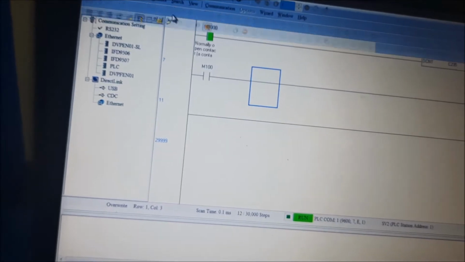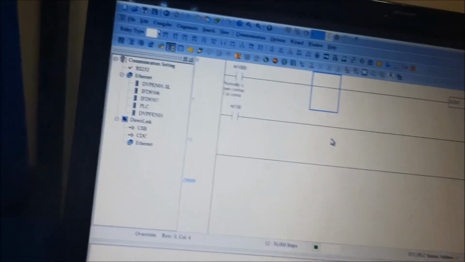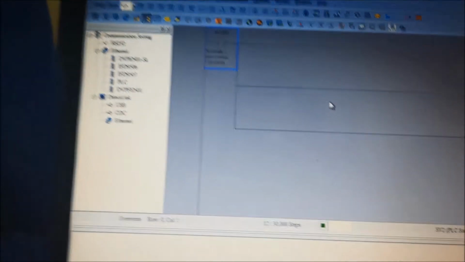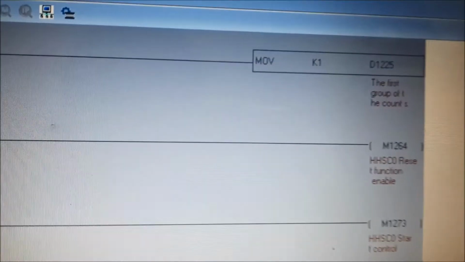For that you have to turn on some latch register and high speed register. For that you have to use high speed.